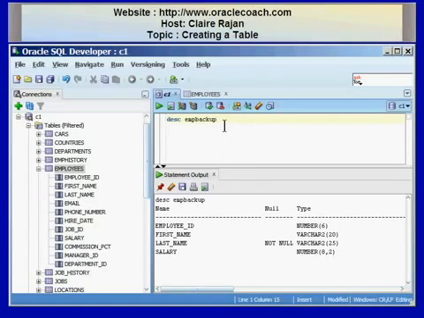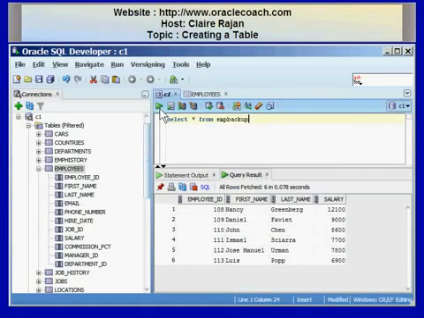I can also query the EMP backup table by doing a select star from EMP backup, and the contents of this table will be displayed based on the condition where the department ID was equal to 100. In this example that I showed you, the new table called EMP backup had 4 columns, and the column names were identical to those in the original table. So the employee ID, first name, last name, and salary columns from the employees table were automatically inherited by EMP